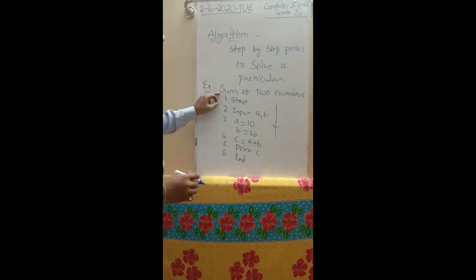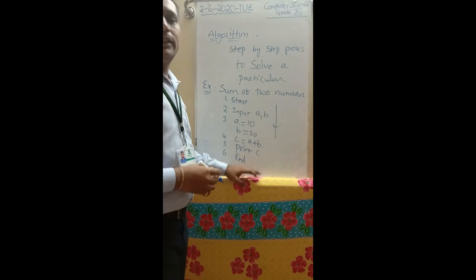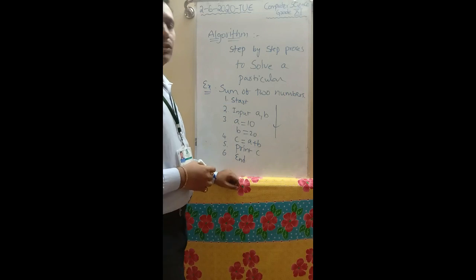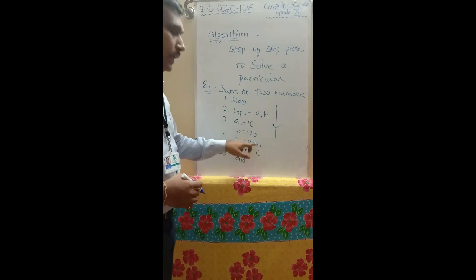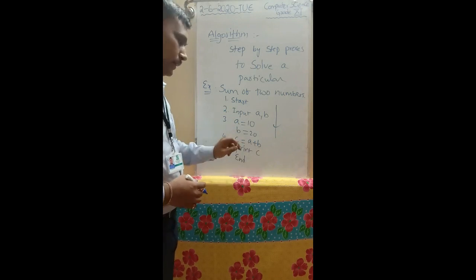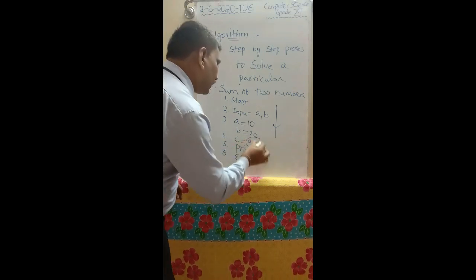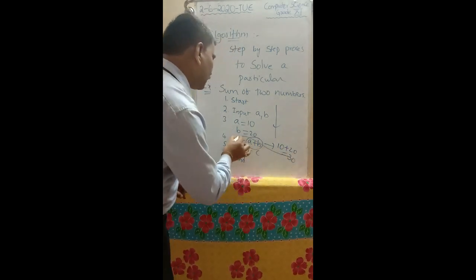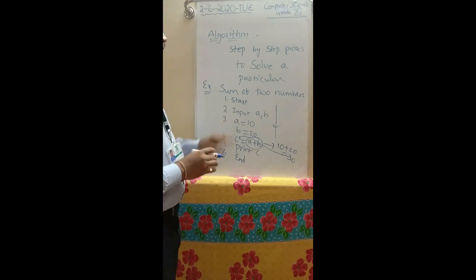These algorithms have some characteristics. We define all the steps in a particular manner, and by using logic we write these algorithms. So mathematical logic we implement here. Here in A plus B, plus is an arithmetic operator. So we calculate the sum of two numbers A and B: 10 plus 20 is equal to 30, which can be placed in another variable C. In this way we write a sequence of steps by using algorithms.